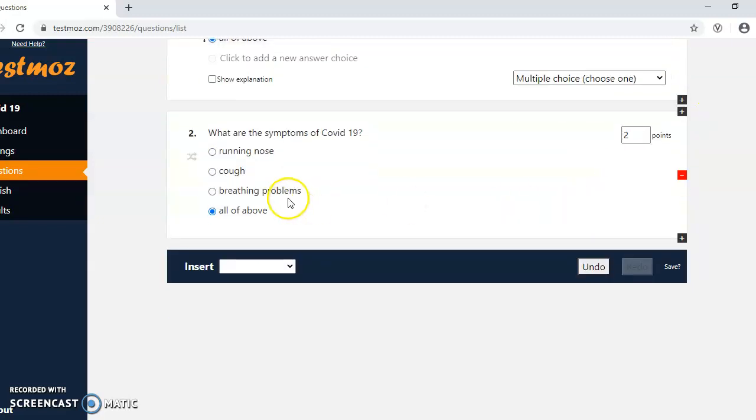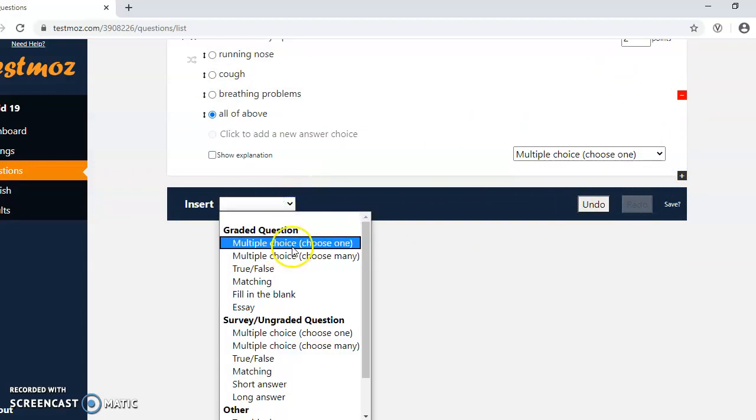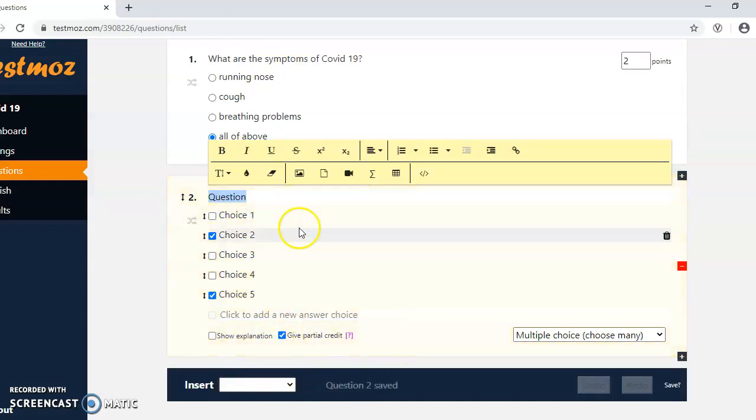So here we go. This was if you wanted to duplicate the question and give some other option. Since we don't want to do that, we delete. And again, we insert the second type of question. So here we go, multiple choice, choose many. They can choose many options. So the first question which we give here is,